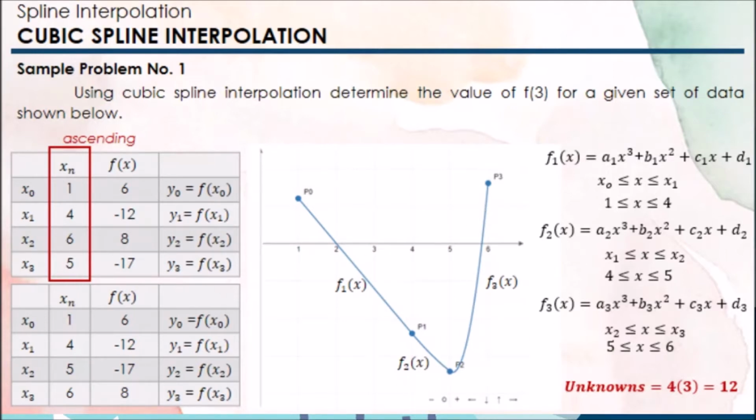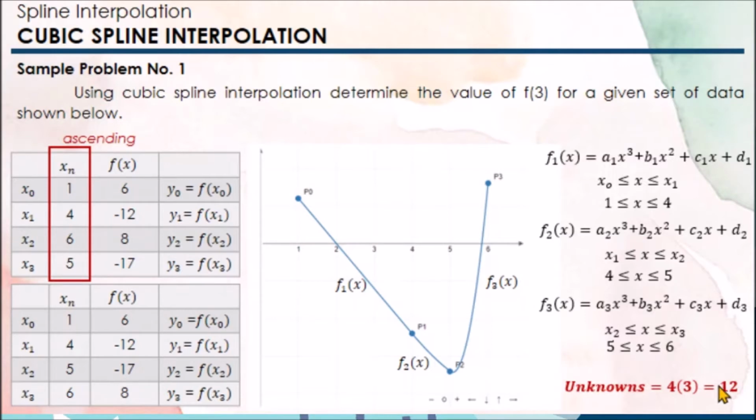So that is f sub 1 of x, f sub 2 of x, and f sub 3 of x. Since we are doing cubic spline interpolation, we will be using this equation for f sub 1 of x, f sub 2 of x, and then f sub 3 of x, while considering that our x for each function must satisfy this. So from here, class,